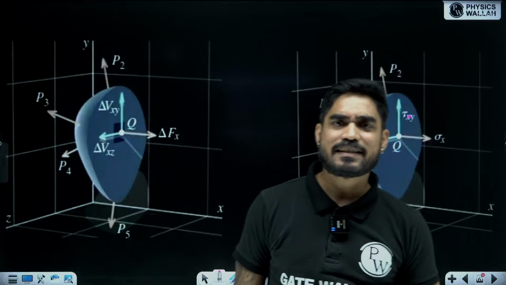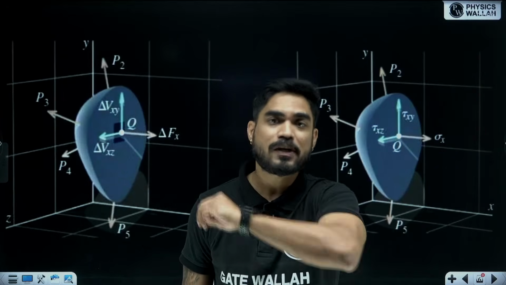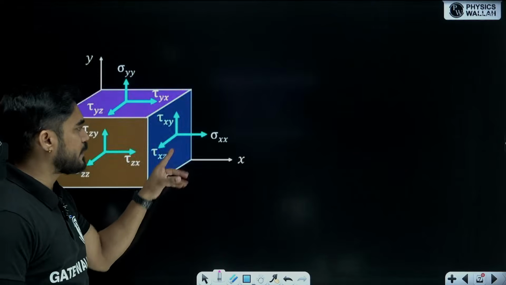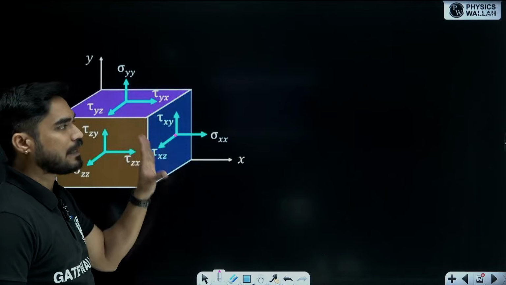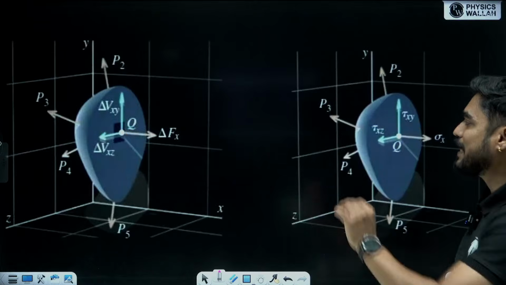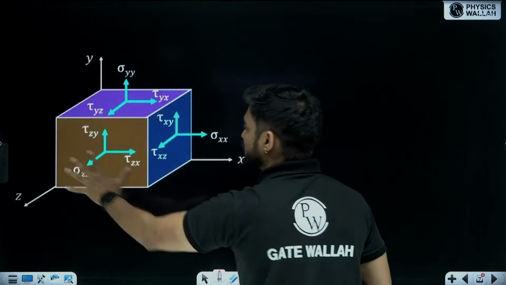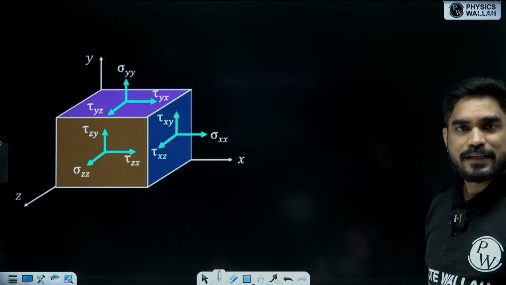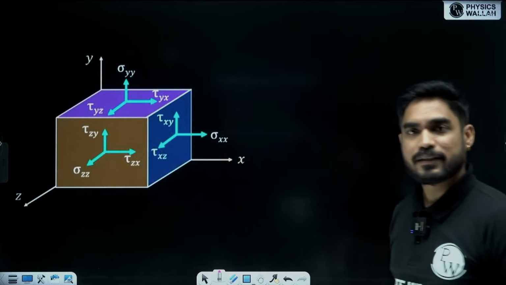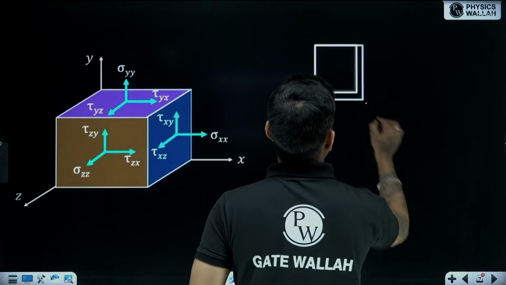Just like this, there are two other planes, which means we have a total of three mutually perpendicular planes. At every plane you get three stresses, one normal and the other two parallel. So in total, at any point inside the body, you get these 9 stress components, right? Now these 9 stress components can be written as a matrix also, a 3 by 3 matrix.